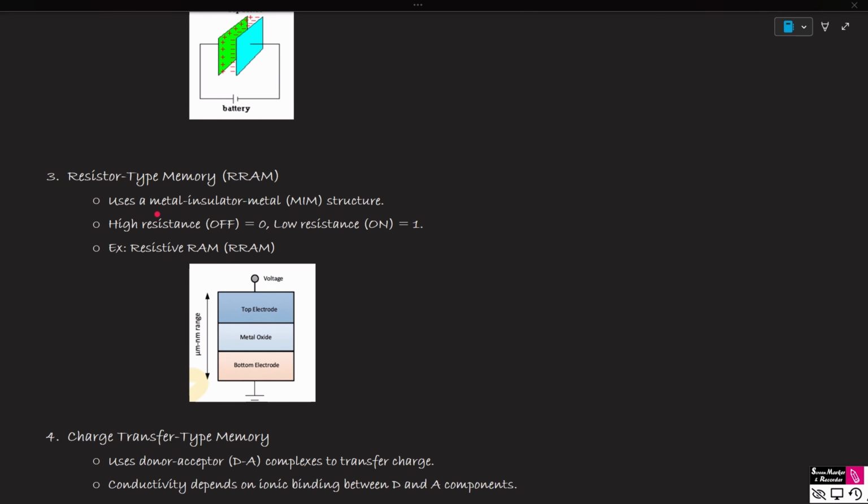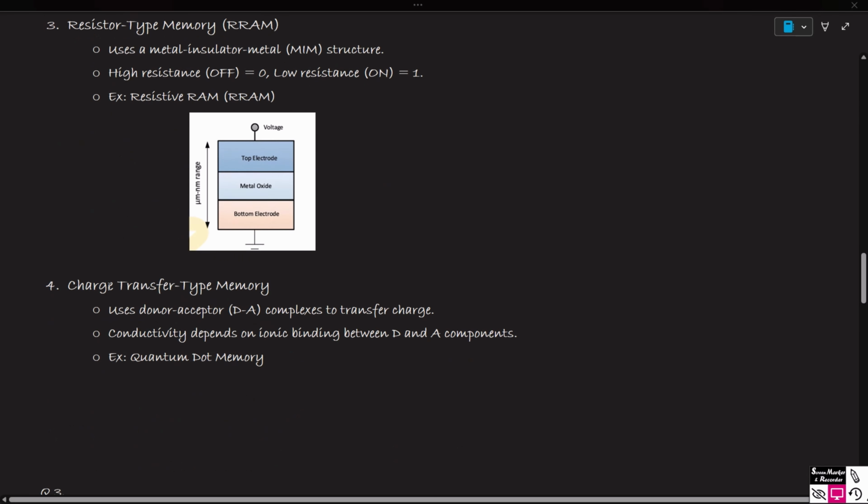The next type is resistor type memory, which uses a metal insulator metal structure. If it has high resistance, which means off, it will indicate 0. Low resistance, which means on, will indicate 1. The example is resistive RAM, a resistive type memory. Coming to the last one,